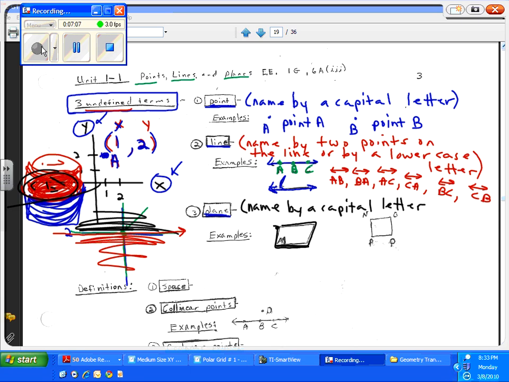We represent a plane with generally a parallelogram, and we would use a capital letter in one of the corners of that parallelogram to name it, like plane M. If we do have a polygonal region, then sometimes we will name a plane, a specific flat surface, by a polygonal region of points that lies on that surface. And so we may say, well, there exists a plane that would contain these points on that plane